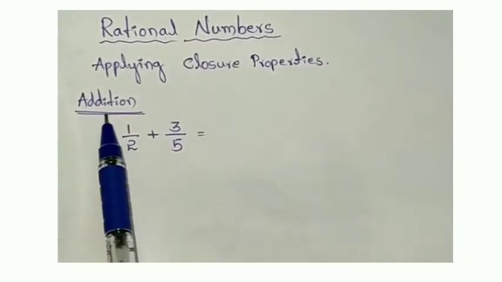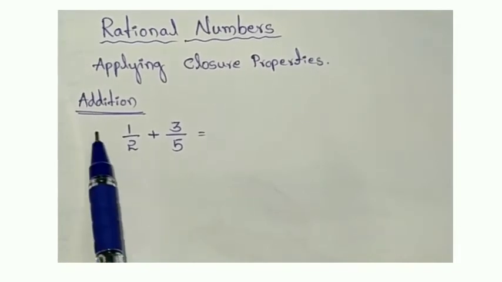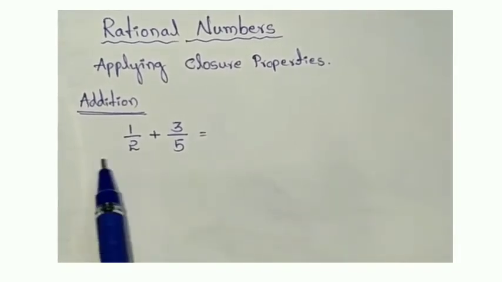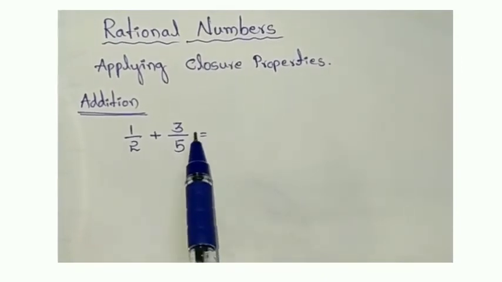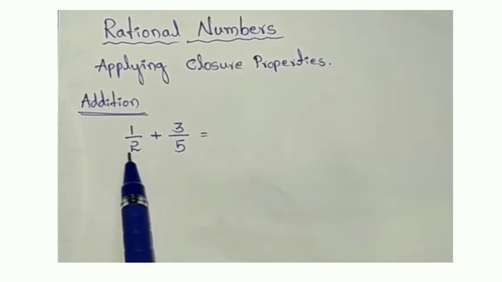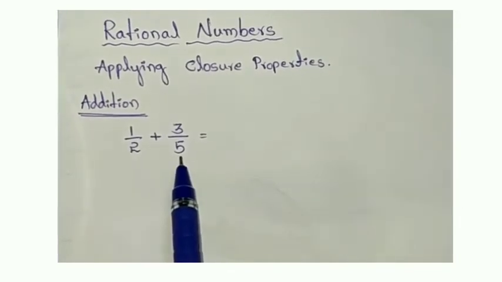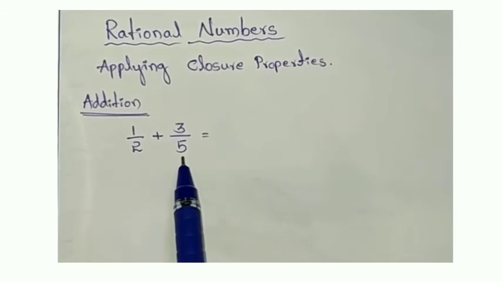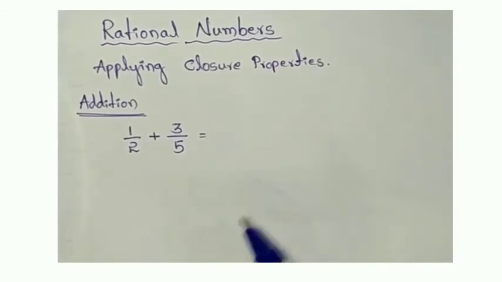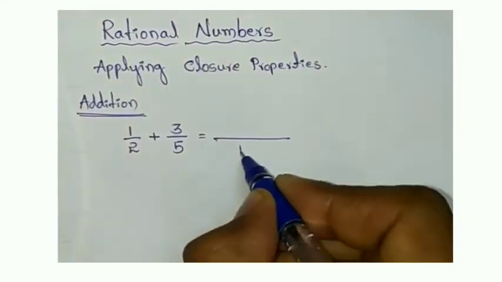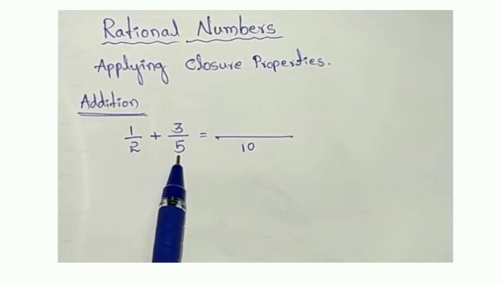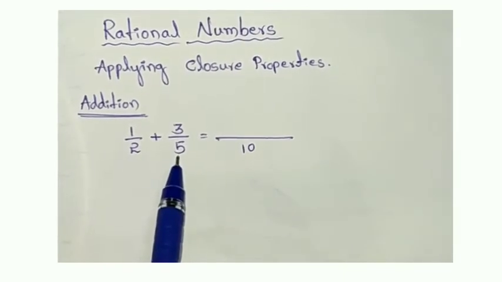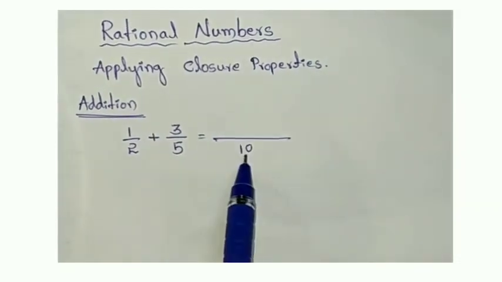In that, first we will go with addition. For this we should know fractions addition also, then only we will get to know how to add them. Here 1 by 2 is there, here 3 by 5 is there. Here the denominator is 2, here the denominator is 5, so you have to take the LCM. 2 and 5 LCM will be how much? It will be 10, because see, a simple method: take the table of 5, 5 ones are 5, 5 twos are 10, and 10 is in the table of 2 also and in 5 also. That's why the LCM will be 10.